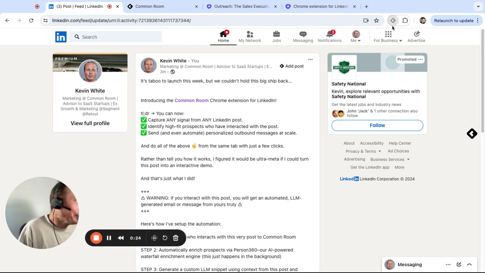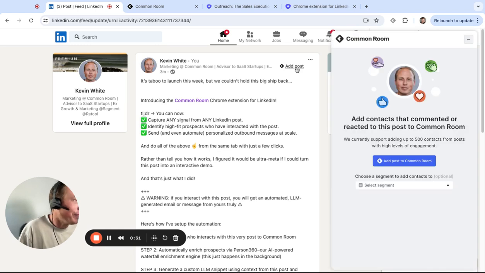what we can do is have the Common Room Chrome extension added here. I'm going to select the right room to add to, and then you'll see this button here that says add to post. So I'm going to click add to post. And then this will give me a prompt to just add anyone who's interacted with this post, comments, likes, etc.,